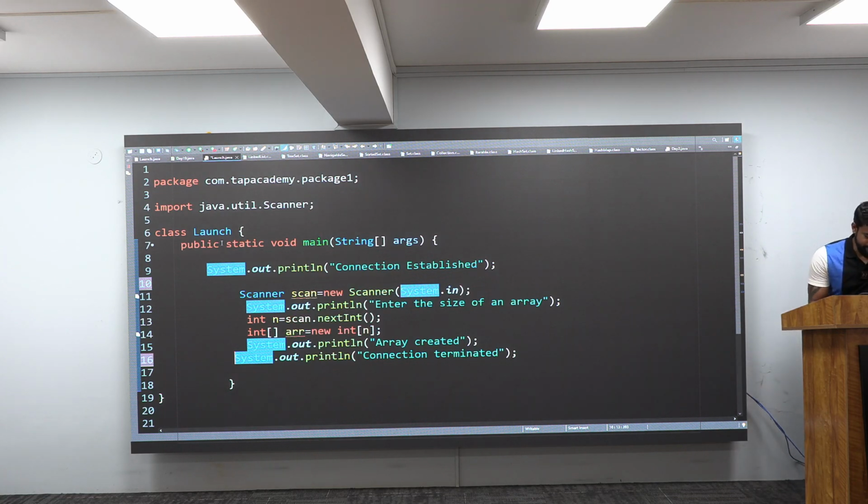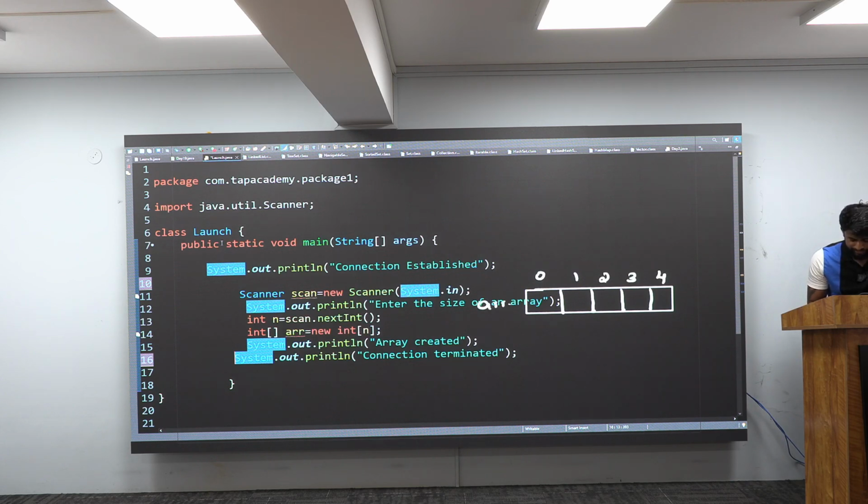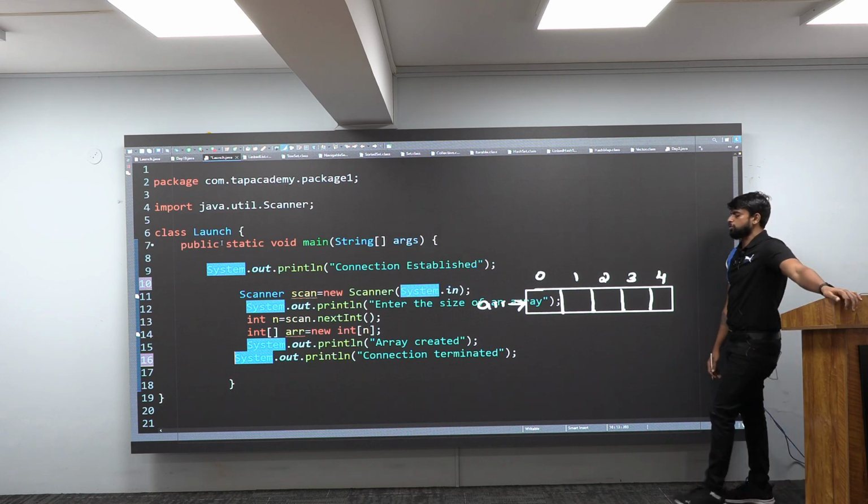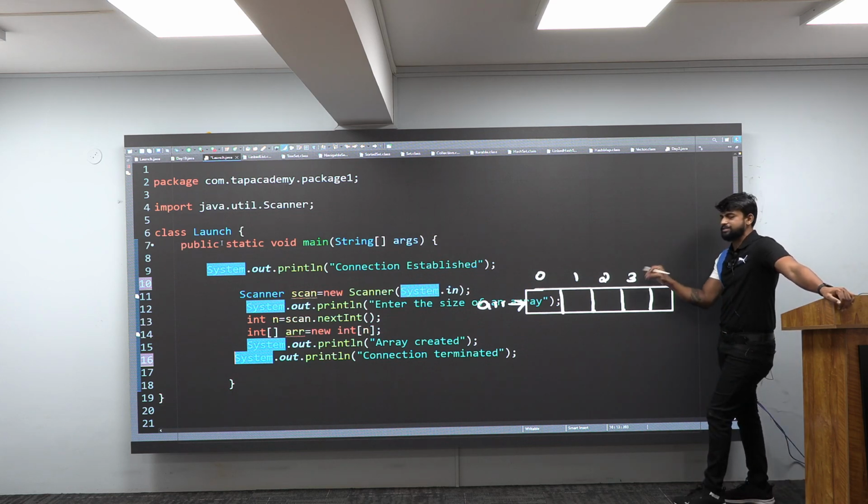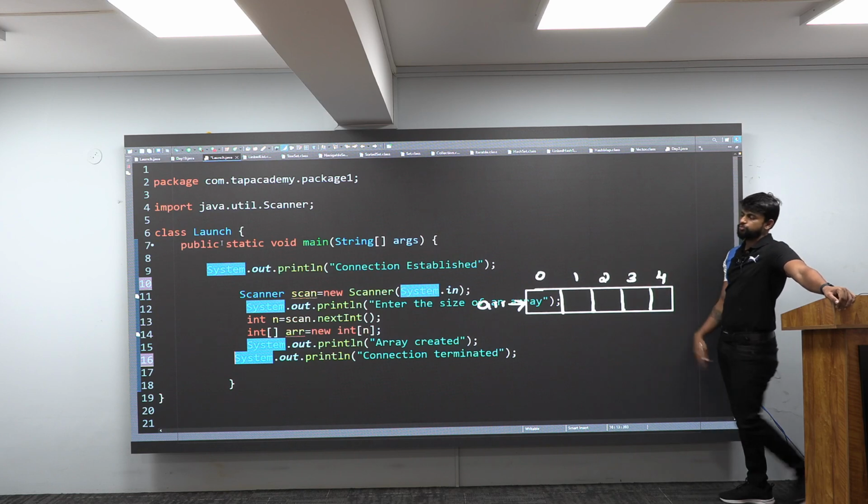At this point, assume that you have created one array and I give the size as 5. Now one array is created with size 5, and all of these are the indexes it will create, and it will have the reference arr. Good. My array is ready. Now I want to store one data inside this array. Only one, not all the data. How will you do it in your program now?